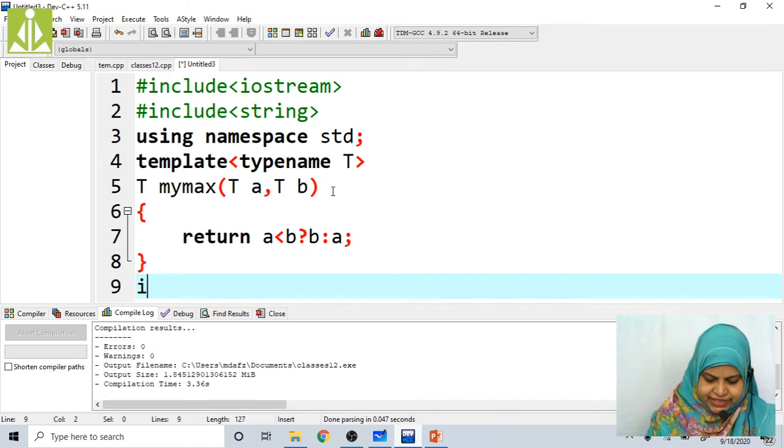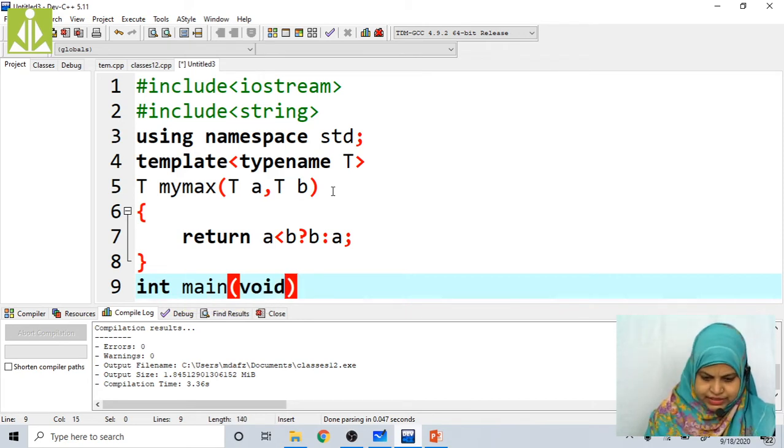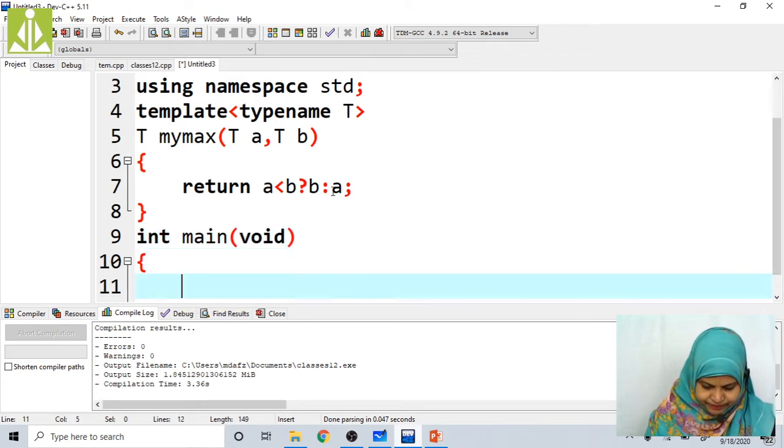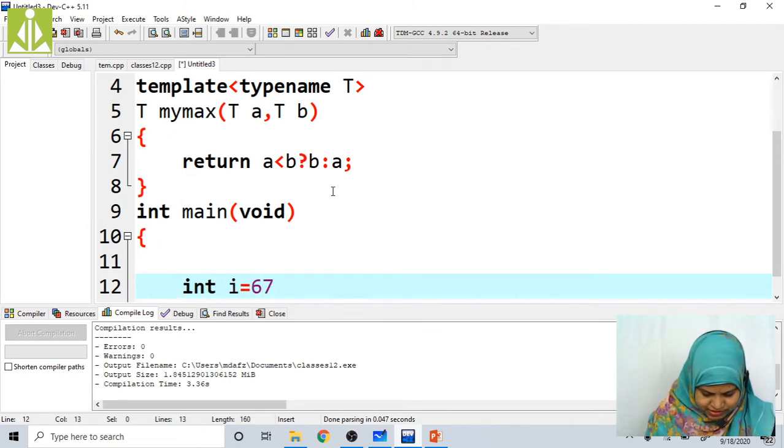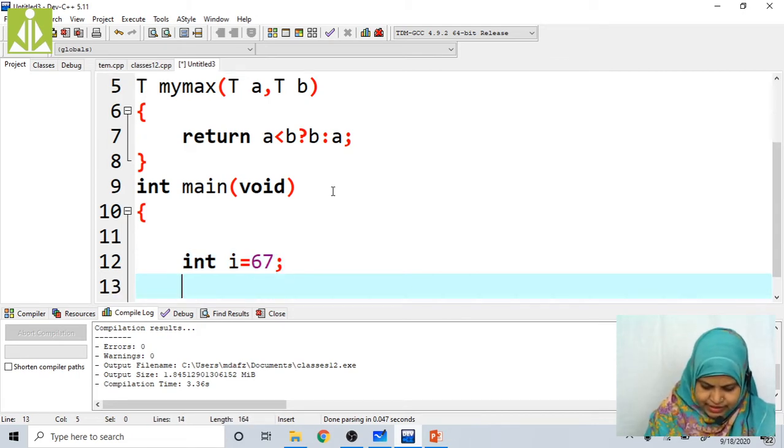Now I am going to define this int main function. Int main void, right? Open the braces. Here I am going to define int i equals 67. Next, int j equals 90.